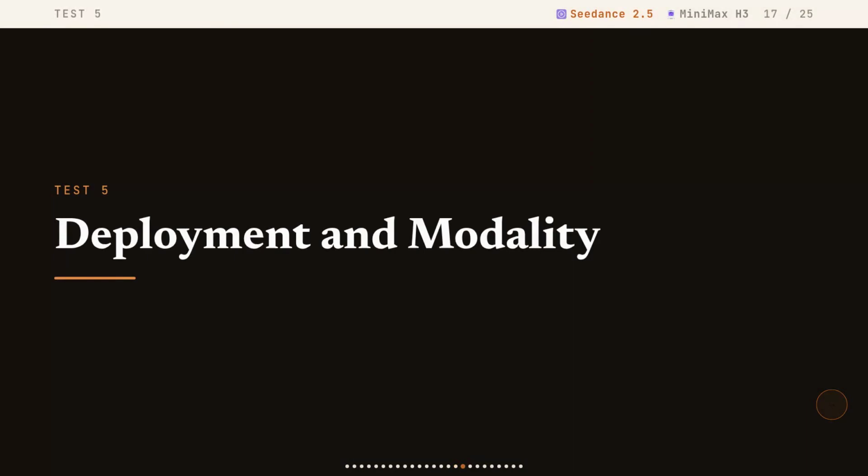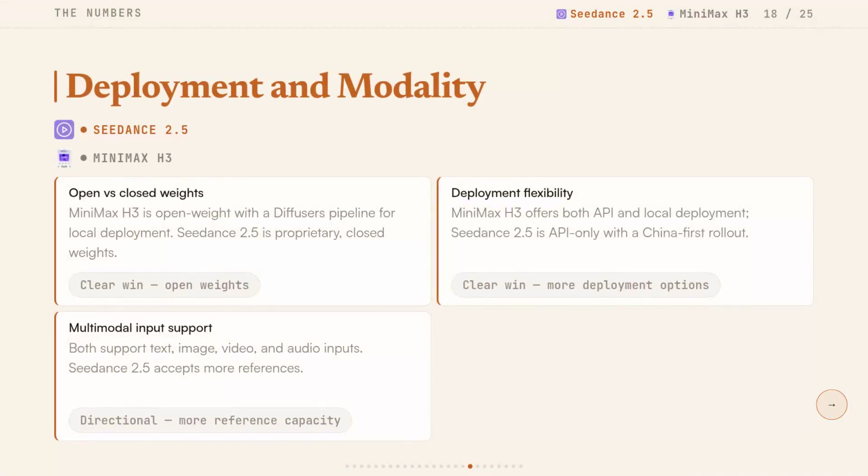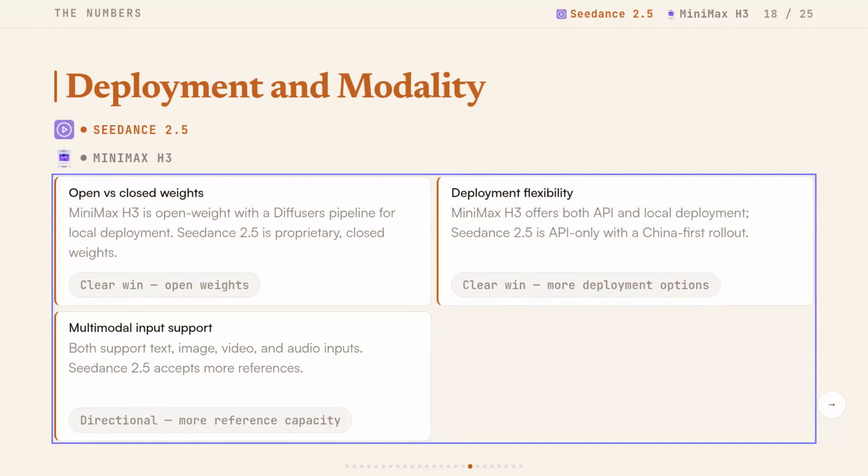Say you're building a self-hosted pipeline where your data can't leave your servers. You pull up Seedance 2.5's docs and find it's closed weights, API only with a China-first rollout gate, which is a hard blocker for any team with data residency requirements. MiniMax H3 is open weight with a diffusers pipeline, so you can run it locally, while Seedance 2.5 is closed,